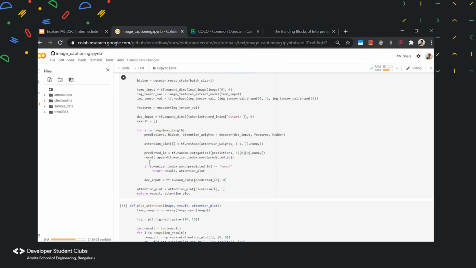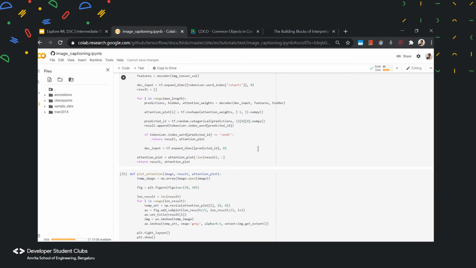As you can see, this is just a for loop. It is generating the caption as a sequence, but because it is moving through the recurrent neural network, the network is not just taking into consideration the current input, but also the previous input. This is how the entire caption gets aggregated.